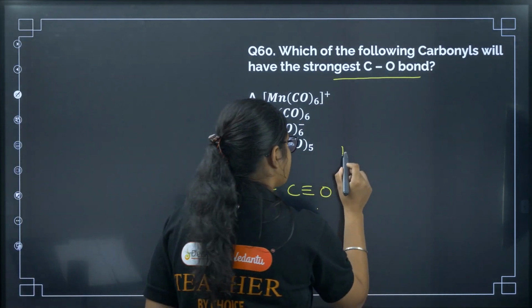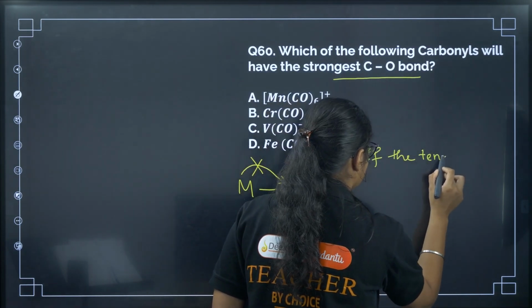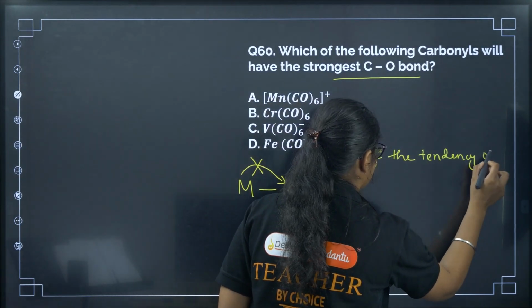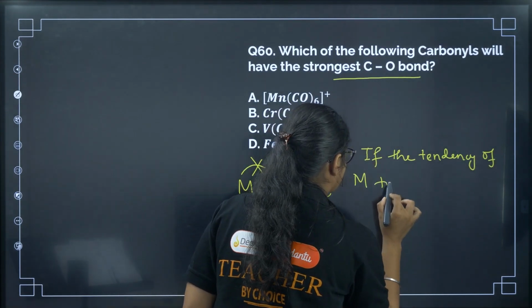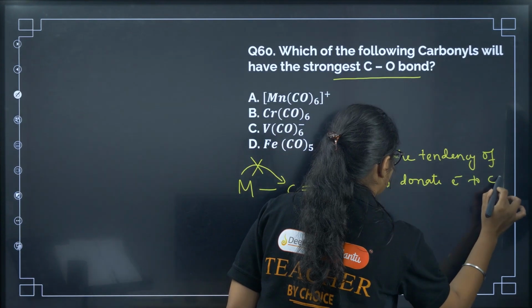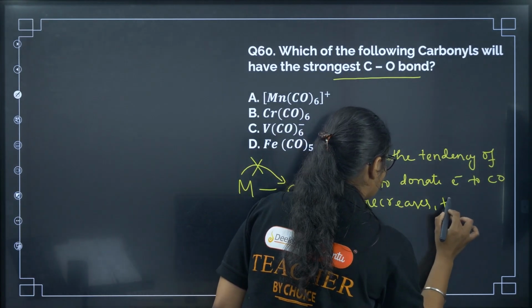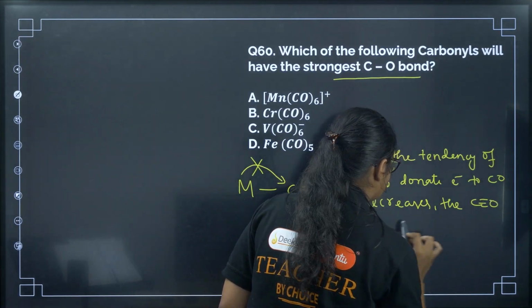So what is the point here? If the tendency of the metal to donate electrons to CO decreases, then CO bond strength